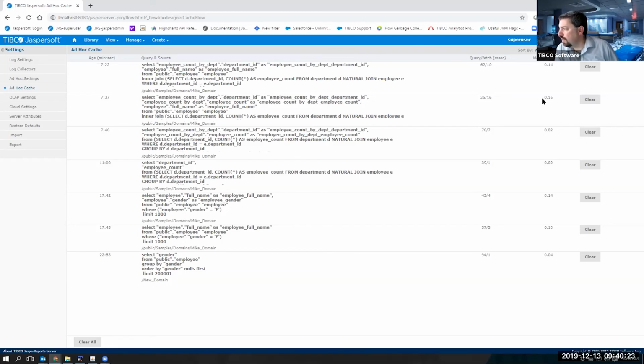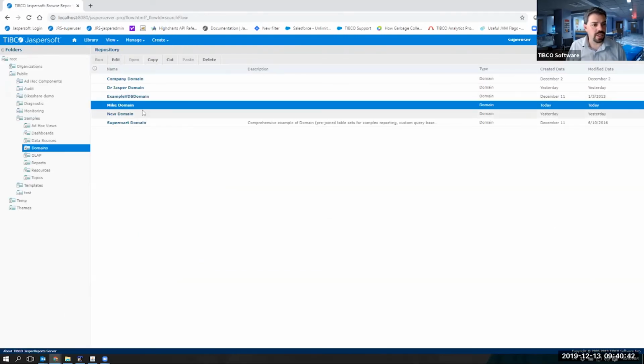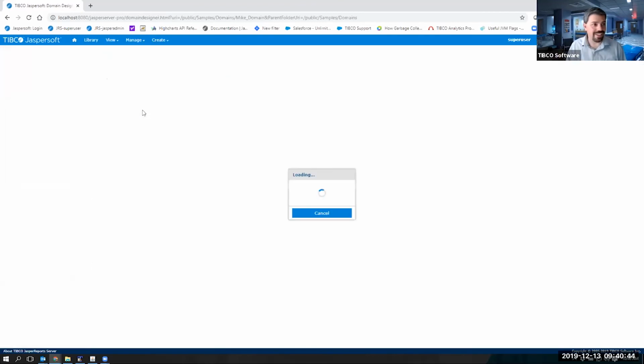Let's see. How would one handle the localization if the language is part of the result? How to change the label description dynamically. So that is a little trickier. I don't know that we'll have time to really address that here. What I can show you, which I didn't get to, is how to at least set the keys in the domain, so you get a little bit of an idea of how this works.